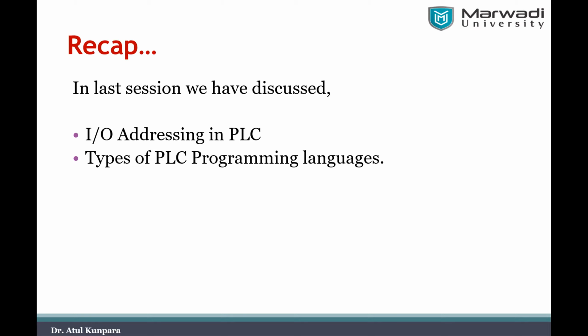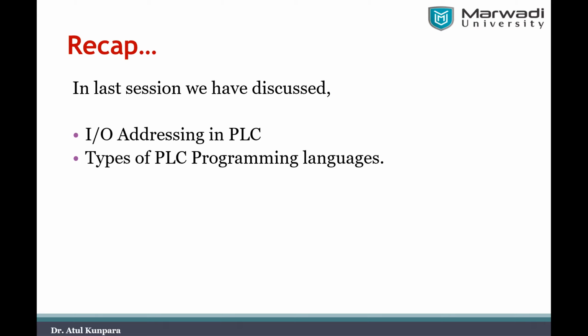through the input modules? In your CPU memory organization, we have specific bit locations, or memory locations, assigned to each and every input device connected through the input module with the CPU of the PLC. That is the format of the IO addressing we have to give into the program. That is what we discussed in the last session first.